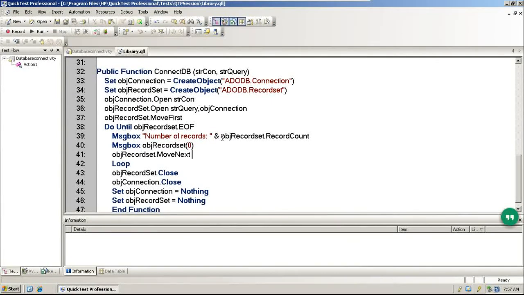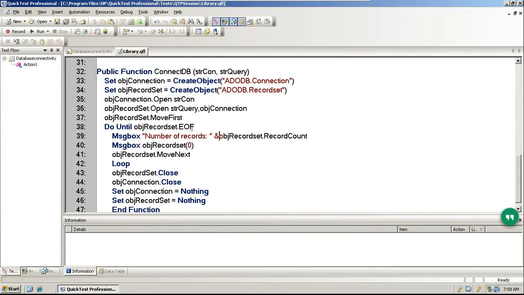Okay. Now, object record set. Somewhere ampersand is used for concatenation of the string, right? No, Gautam. Plus is a concatenation operator. Ampersand is the variable. If you know the C language, ampersand followed by the variable name will represent the variable name. It indicates that this is a variable.